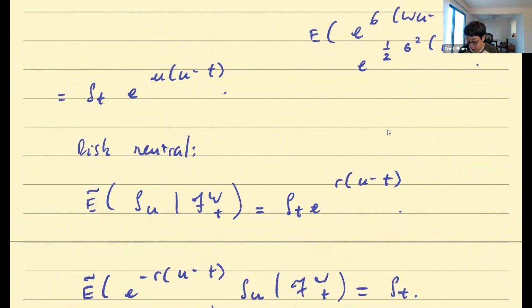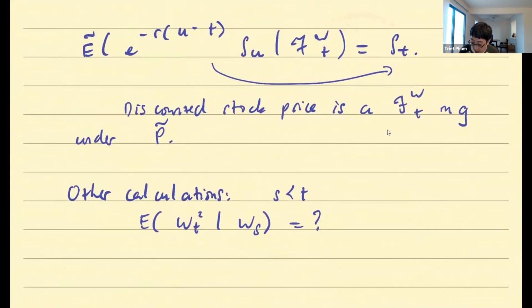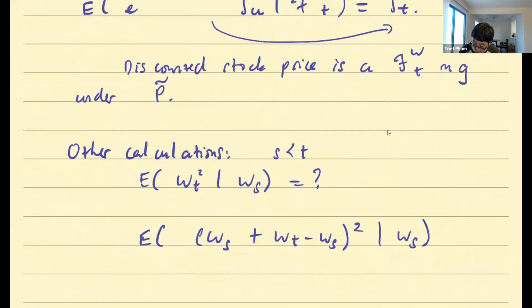So we mentioned that in more detail later on. For now, this version is fine. But when I ask this calculation, you can think of it, if you want, as conditioning on the whole past history or conditioning only on the most recent past. That's the same thing. The point is, how do you do this calculation technique? How do you break down the past and the present, the present and the future increment, so that you can do the calculation? In other words, you do something like this. And then you carry it out, okay?